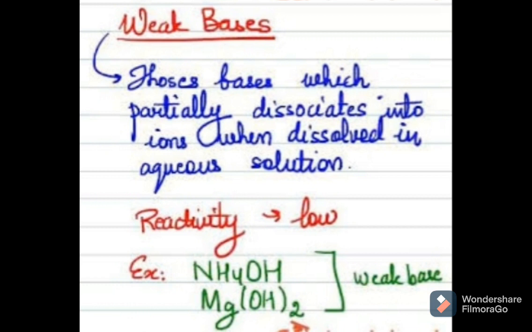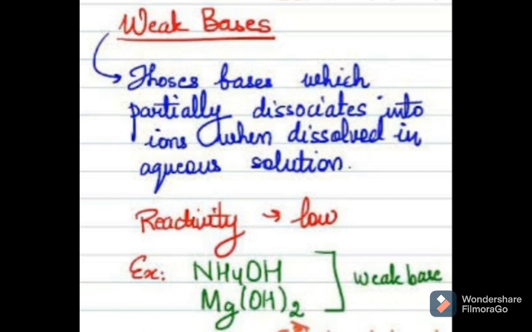So what are the examples of weak bases? Anyone from you? Tell me examples of weak bases. Okay, I will tell you. When we are talking about weak bases, sodium soap solution is also a weak base. Then sodium carbonate, sodium bicarbonate, these are also bases. And what is meant by weak bases? Weak bases are the bases which, when we dissolve them in water, cannot completely dissociate in water. They are called weak bases.